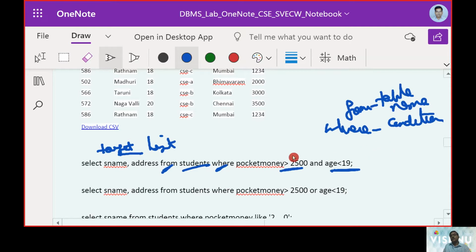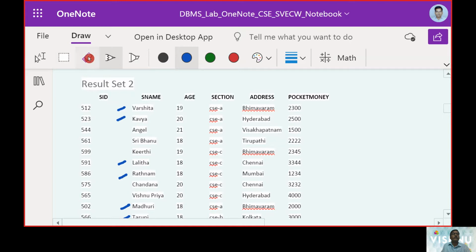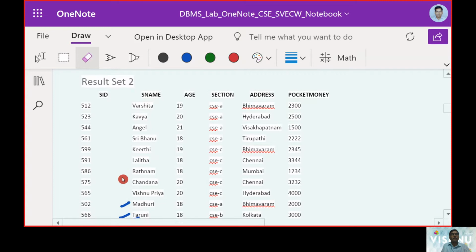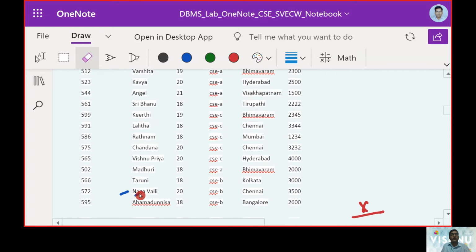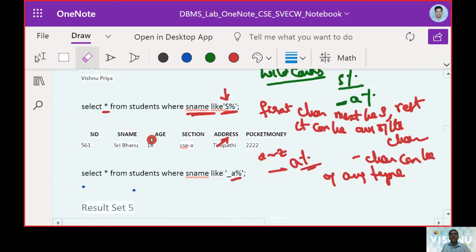What was the condition? Pocket money should be greater than 2,500 and age should be less than 90. So now first move to the database we are working on. Let us move to the database we are working on. So we will erase the previous analysis we made. Now what was the query?